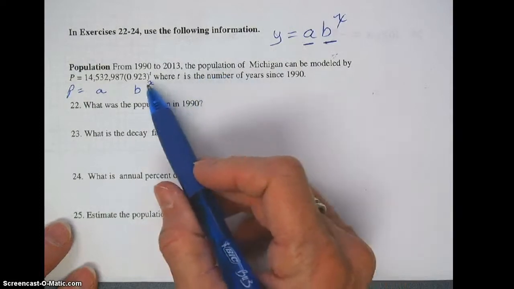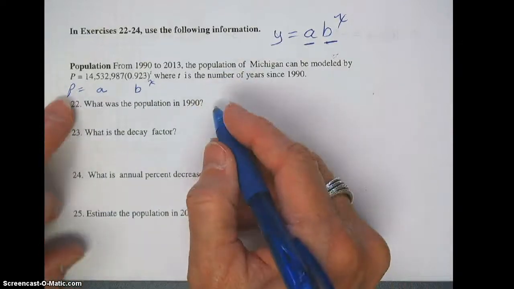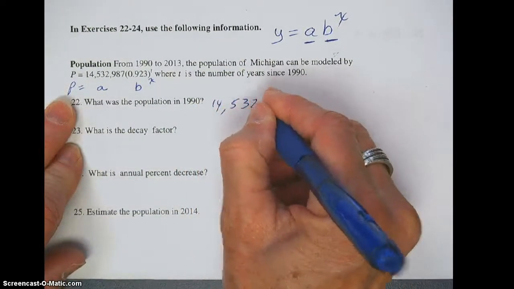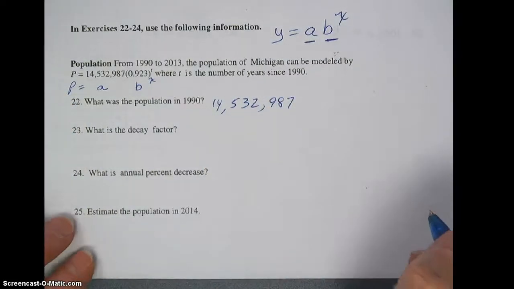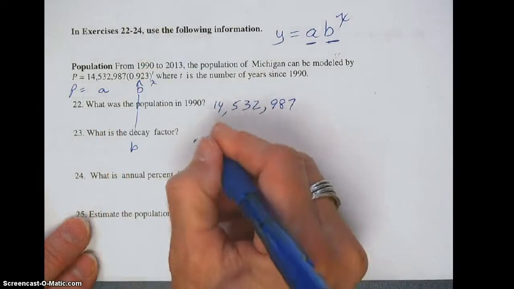unfortunately, our population has gone down over the years. So what was the population initially? Was 14,532,987 people. The decay factor is b, so b is equal to